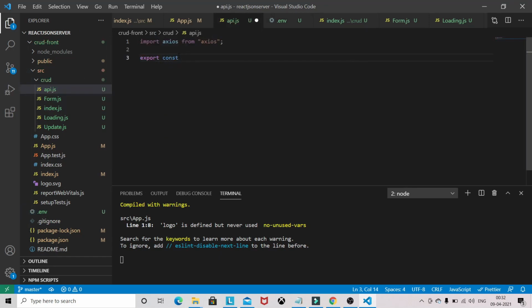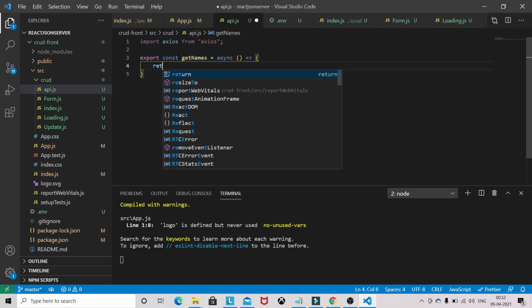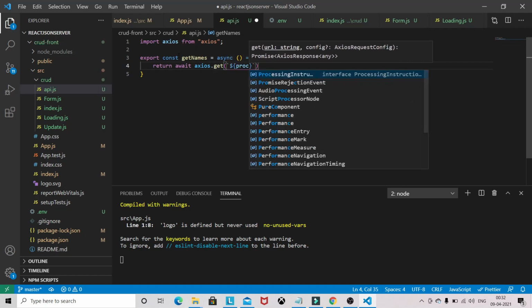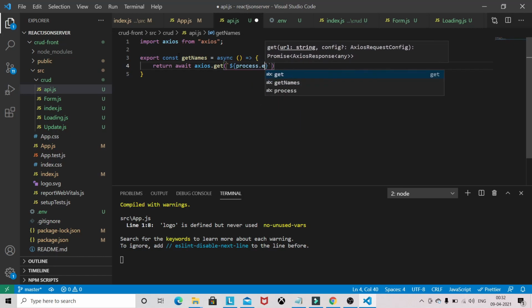So export, get all names. So getNames, and I will be using async await, and return await axios get, process.env.REACT_APP_API.